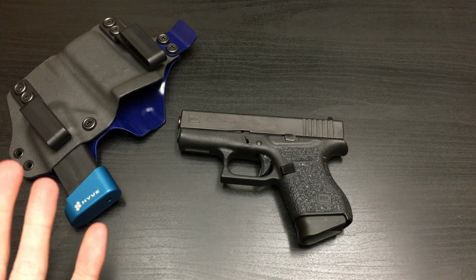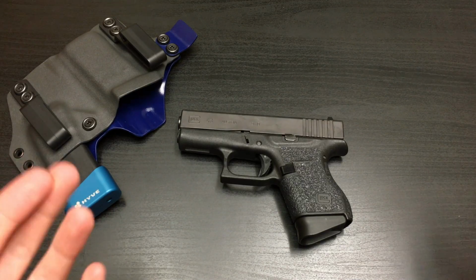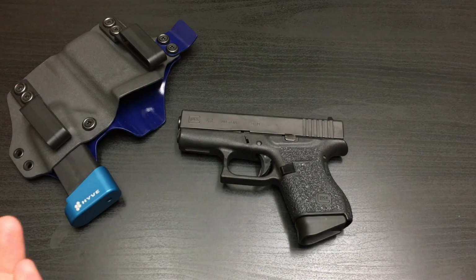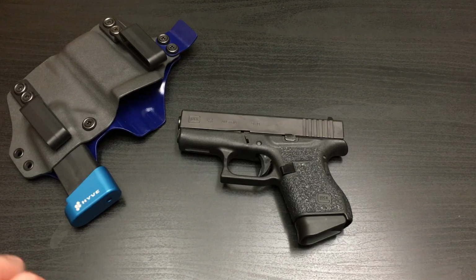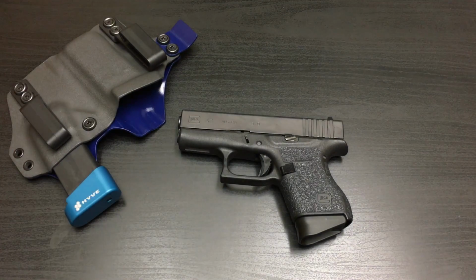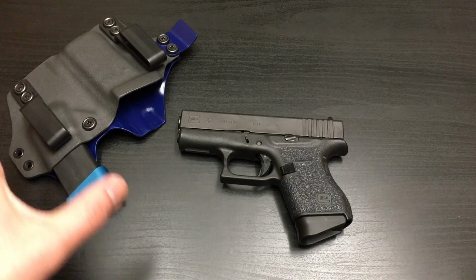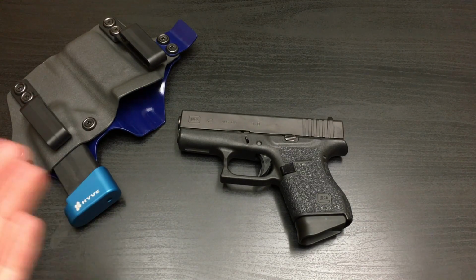And I know I can already hear some of you in the background saying, well, dude, that's because you carry a little Pansy 43. No, that's not even necessarily true even then. If you've got a decent holster, it's going to be very comfortable to carry. This thing, with the holster being as long as it is and the gun just being inherently very small, obviously because it's a single stack 9. But depending on how you carry and where your holster sits on your body, it's not going to be uncomfortable